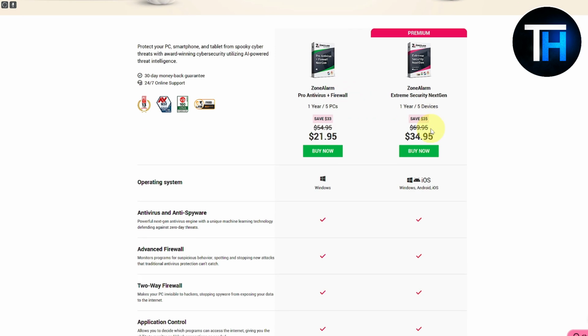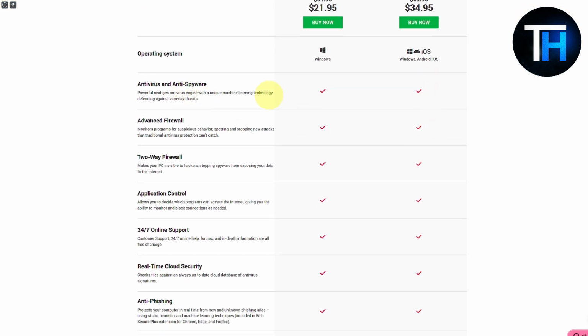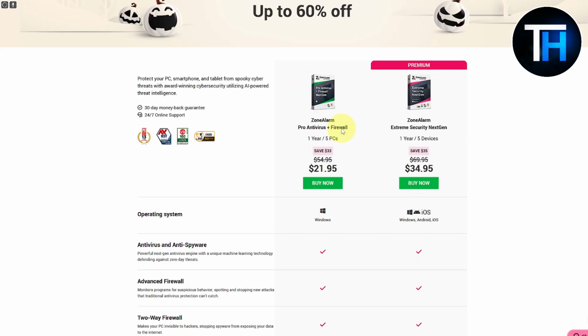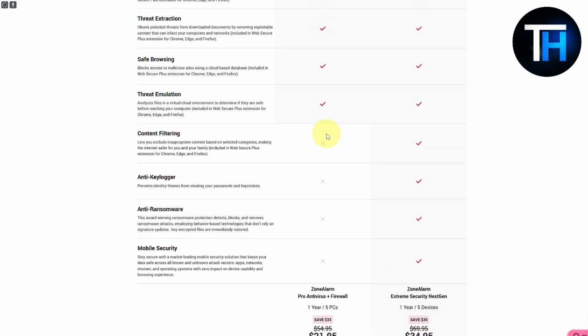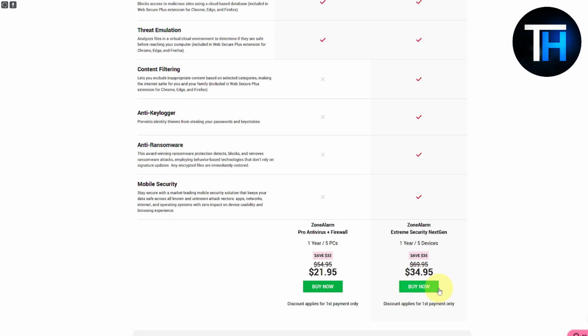You have NextGen and various others. So it is going to be providing you these features in the premium, or you can say the ZoneAlarm Pro antivirus plus firewall plan. You can see you're not going to be getting a few features, which are content filtering, anti-keylogger, anti-ransomware, and mobile security. Now if you're looking for these specific features to be included in your antivirus software, then you need to upgrade to ZoneAlarm Extreme Security Next Gen Edition, and that is going to